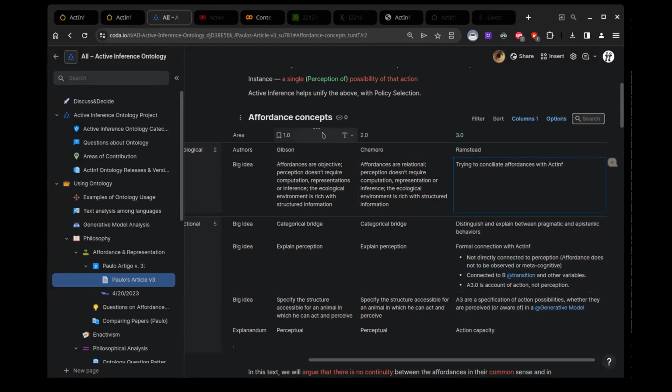However, the affordance 1.0 concept by Gibson was that the affordance was about the perception of a capacity for action in the environment. Like a handle is perceived as for grasping. And people focus a lot on this direct perception, and there's the whole Markov blanket trick, which we've talked about elsewhere.